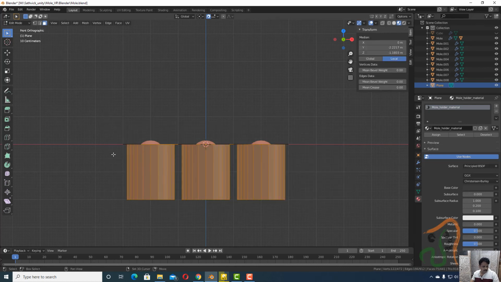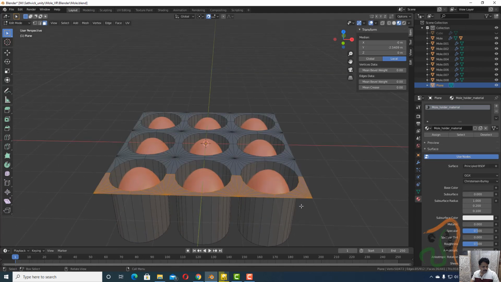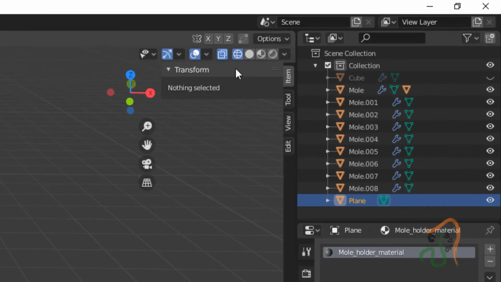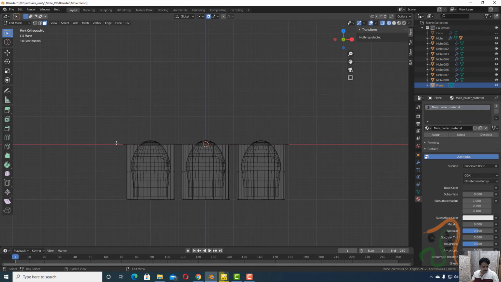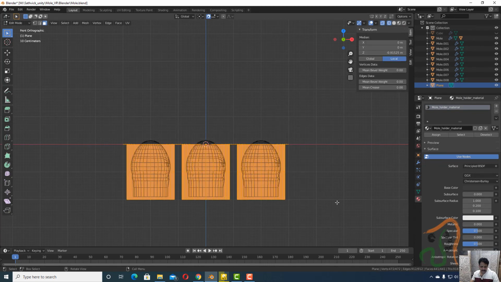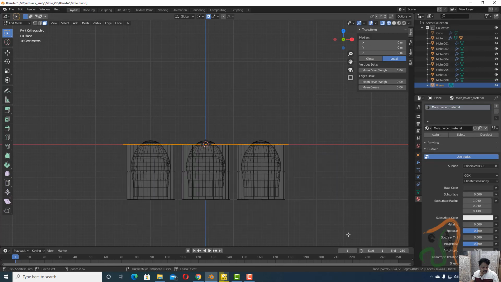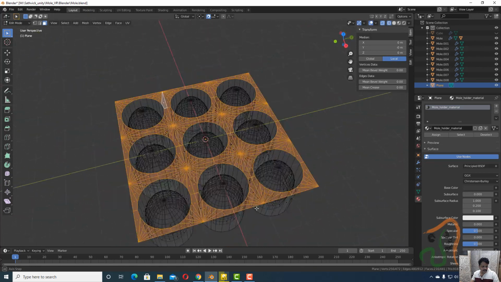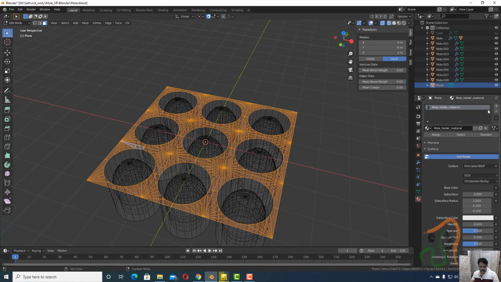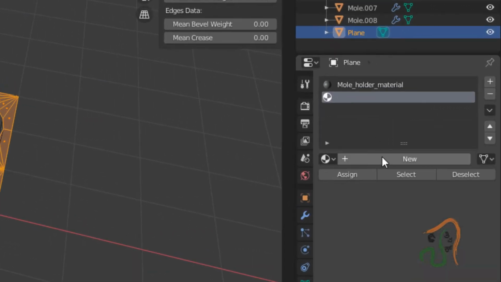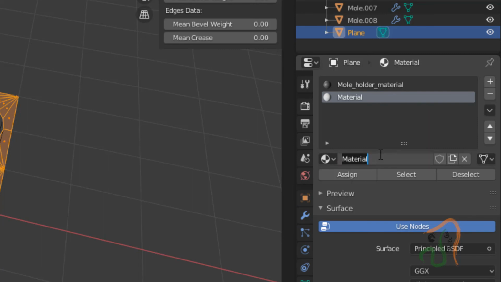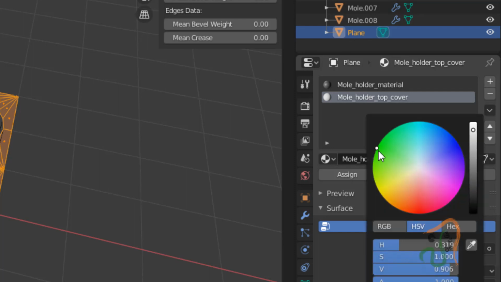Let us select everything, and with control pressed deselect everything, or you have to go to the wire mesh view, come to the front view, drag and select everything, and then press control and deselect this area, so that only the top area is selected. With only the top area selected, add a new material now, and give it the name mole holder top cover.